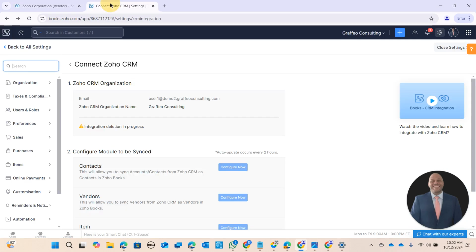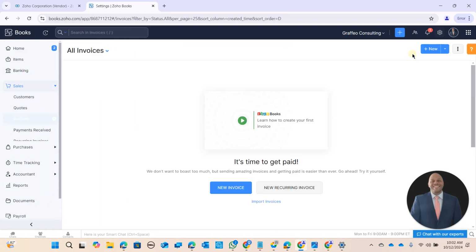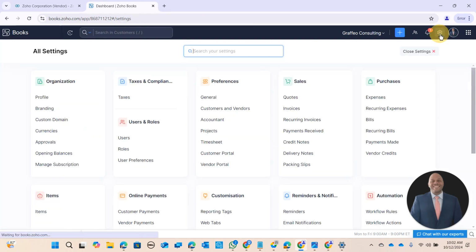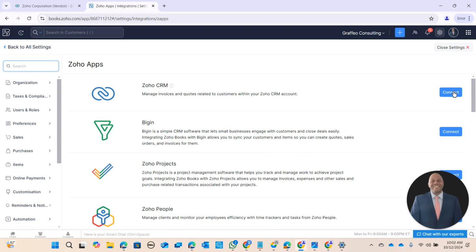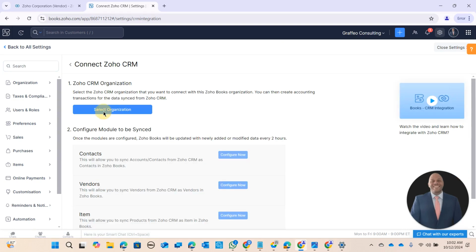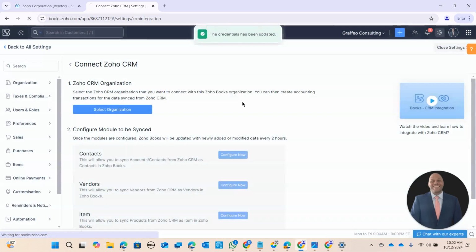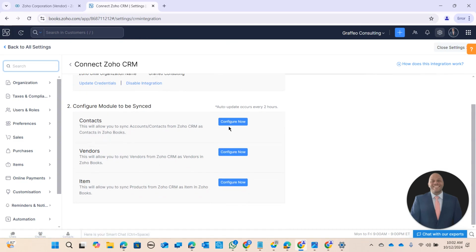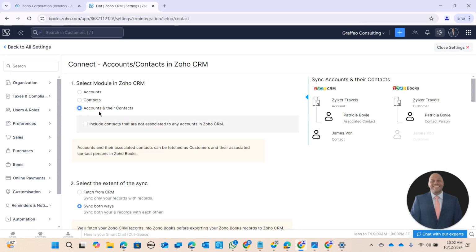We're going to go into Books. Let's start from the beginning so you can see how it's done. Go into settings, scroll down to Zoho Apps, and we're going to connect CRM. Select your organization. And now we're going to start the configuration. So here we're going to choose accounts and their contacts,